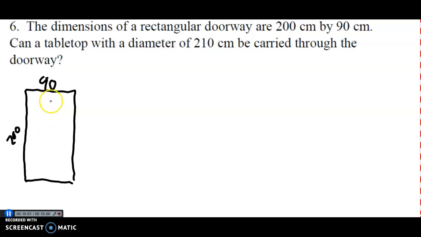Now, when you go to move things, you don't always go straight up and down. You want to try to maximize the amount of space. So what we learned earlier today is that when you are trying to find the maximum space, it's actually the diagonal. If you've ever seen somebody move, a lot of times when they're moving things through a door, they have to tilt the object so that it fits through. And what you see here is the diagonal of a rectangle forms two right triangles, thus creating us missing the hypotenuse. So we're going to do a squared plus b squared